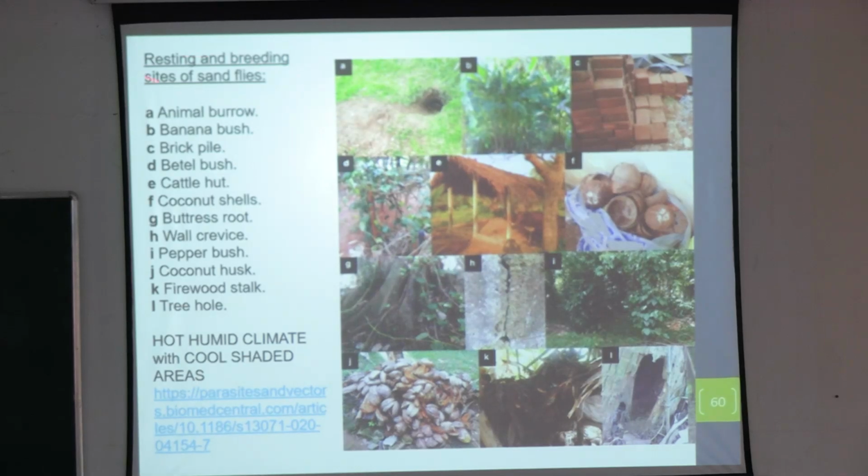So কোথায় কোথায় থাকতে পারে? What are the resting and breeding places? This is a study that was done around the epidemiology of sandfly diseases. So where did they find sandfly? In animal burrow, banana bush, brick pile, যা যা ছবিতে দেখছো, cattle shed, okay, coconut tree shells, buttress root, wall crevice, tree hole, firewood stock, মানে যেখানে যেখানে তোমার হিউম্যান অ্যাক্টিভিটিস থাকতে পারে, cracks and crevice, even